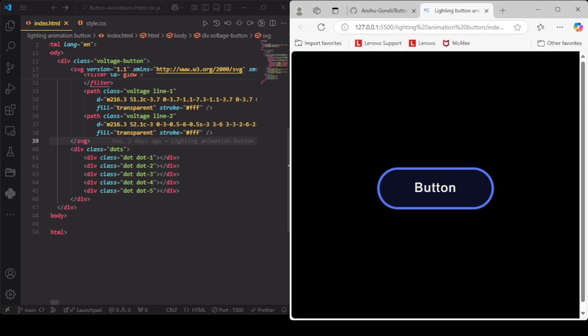Okay, then we have given the dots part which is going to create the dots, as right here 1, 2, 3, 4, 5 at different time period delays. So let's go to our